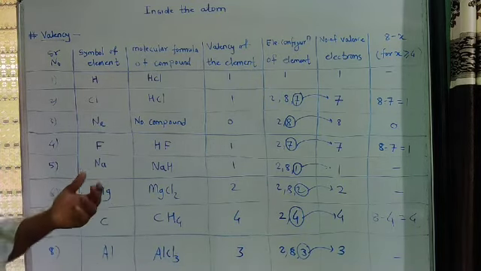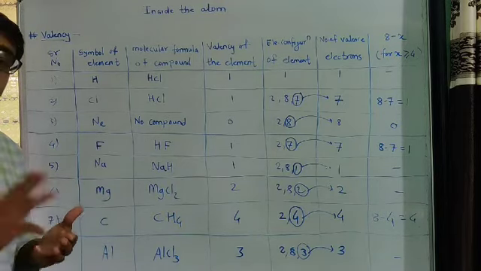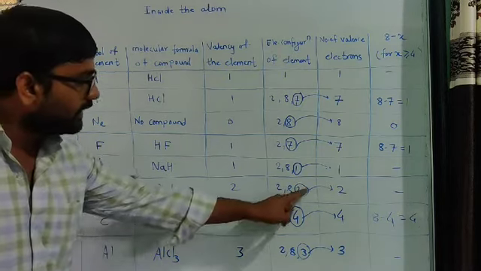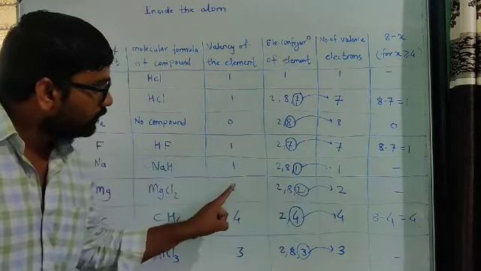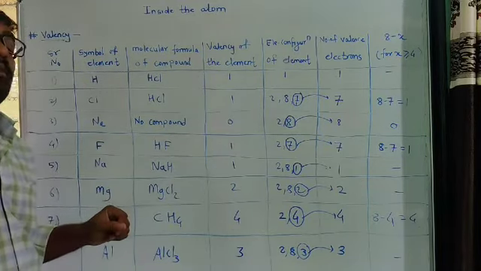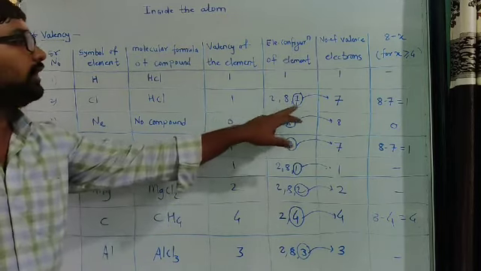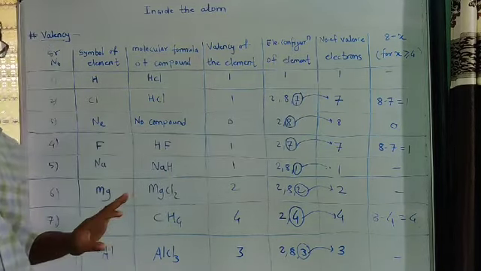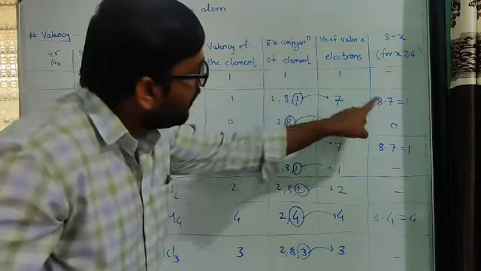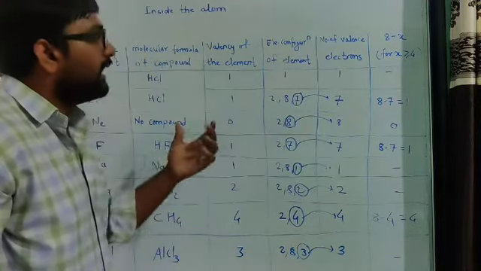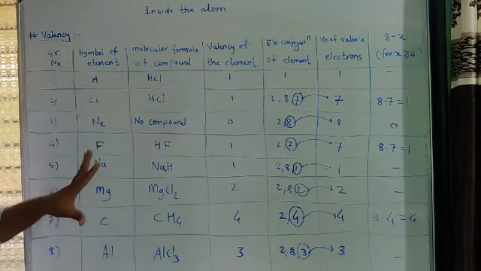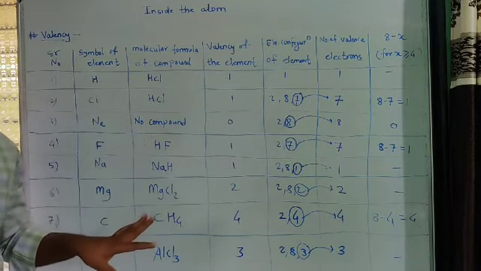Okay, for that we have to know the rule: if fewer than 4 electrons are present in the outermost shell, look at here, less than 4, how many electrons are present? 2. So that 2 itself is the valency of that element. And if more than 4 electrons, look at 2, 7, 7 electrons, meaning more than 4 electrons are present in the outermost shell, then 8 minus that valence electron number, whatever the answer is, is the valency of that element. So simply in such a way we can find out the valency of an element.